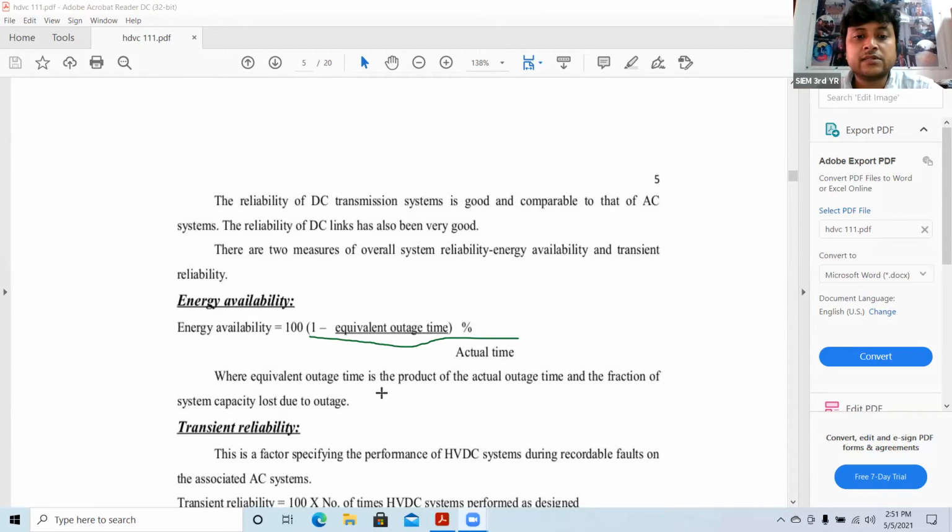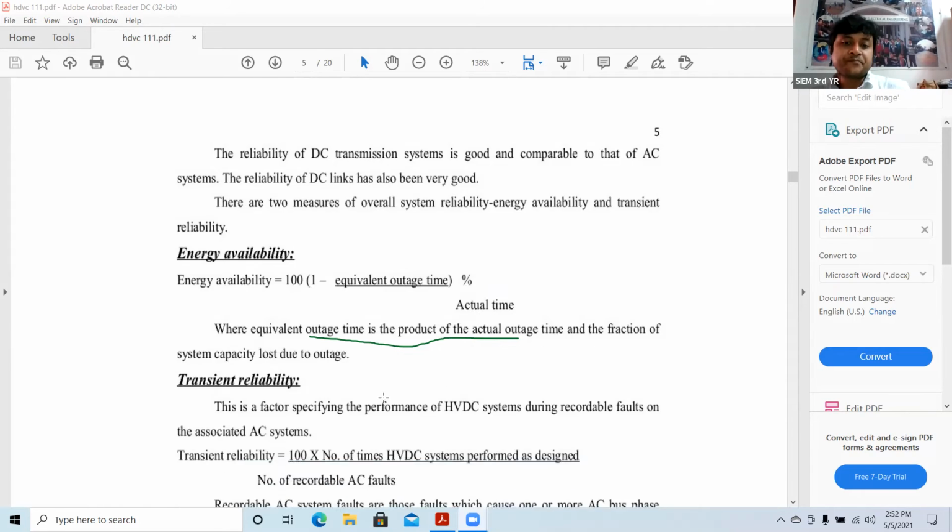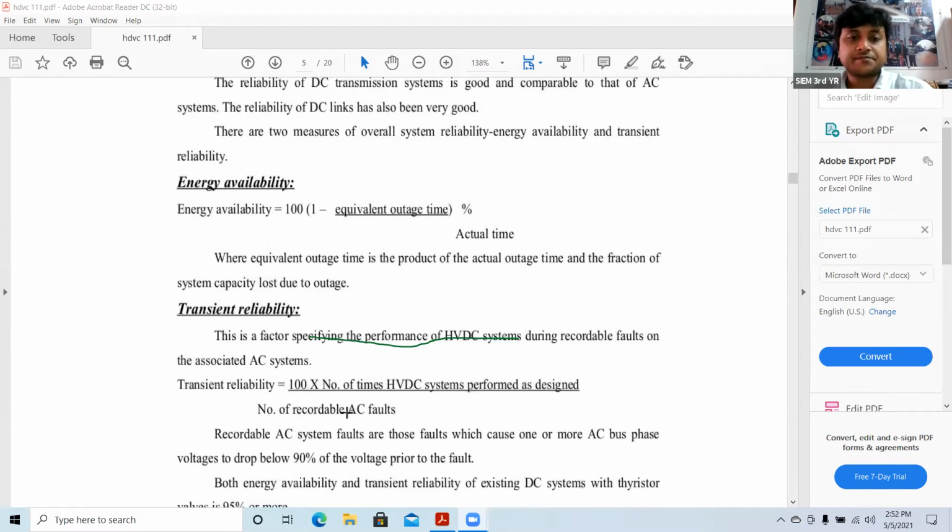The equivalent outage time is the product of actual outage time and the fraction of the system capacity lost due to outage. So what is the system capacity lost during the outage? That particular value you have to find out. Okay. Then